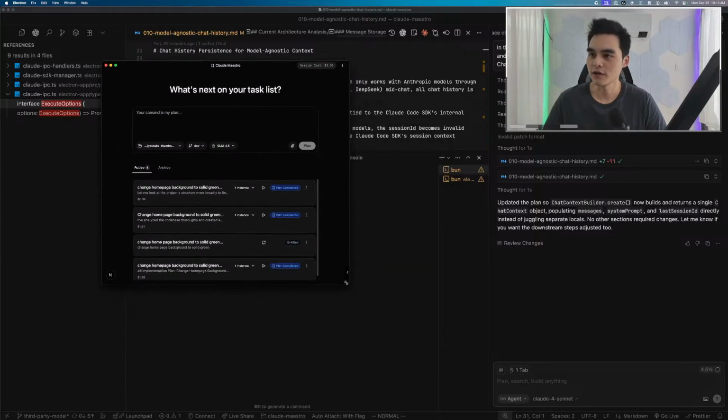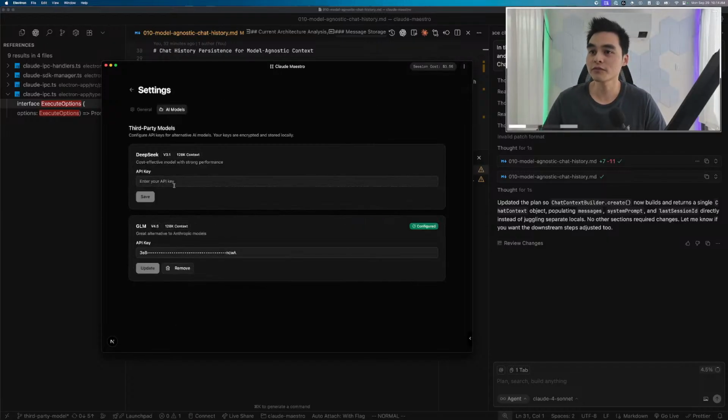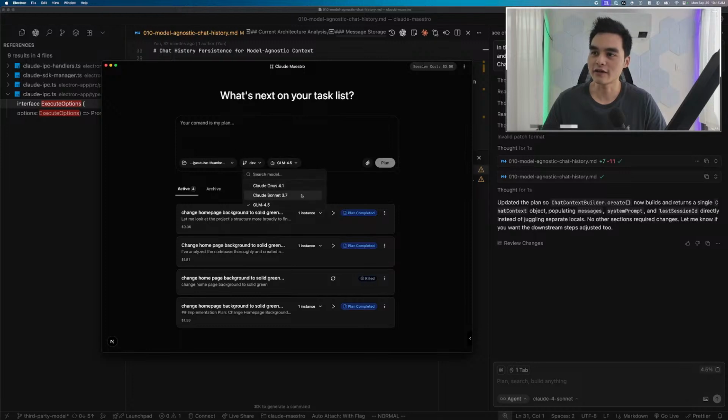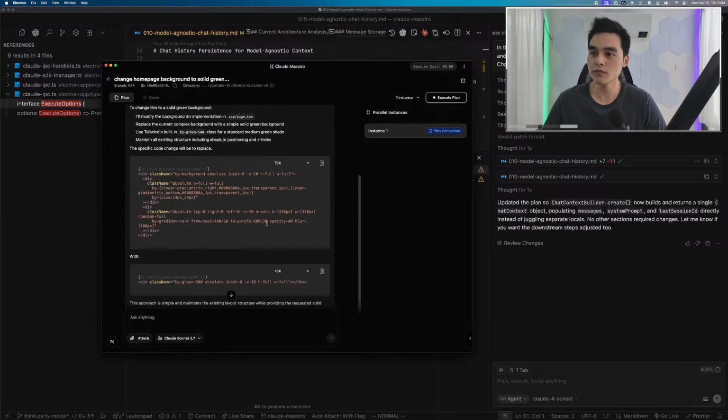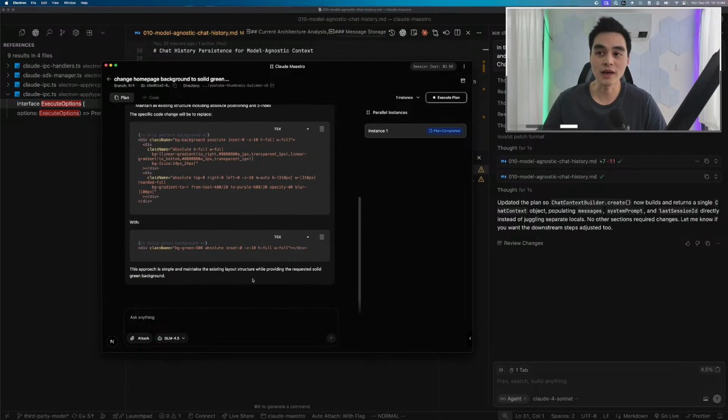Okay. So now that I've been able to add different models, currently I have enabled DeepSeek and GLM 4.5 to be usable inside Claude Maestro. So in addition to Claude Opus and Sonnet, I now have GLM 4.5 here. I haven't added my DeepSeek API key yet, so it's not going to appear here. However, in here, if I go into one of these, I also have a drop down here. If I want to change this to GLM 4.5, I should be able to use GLM 4.5, continuing with this